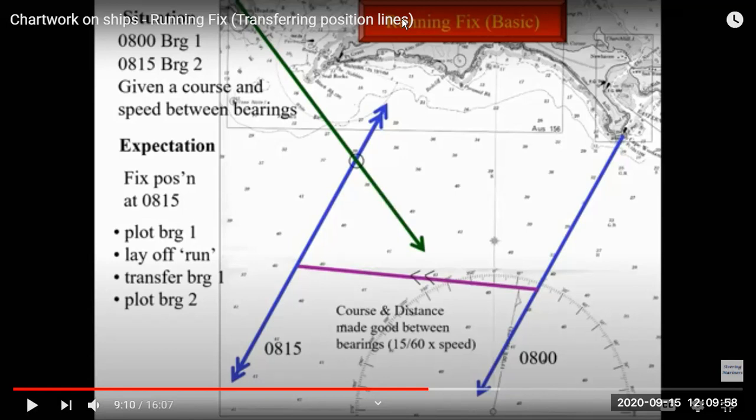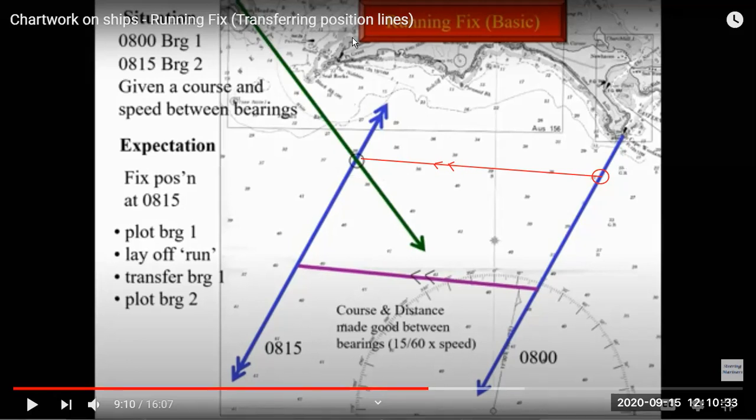If you want to see the initial position, you draw a parallel line, and this is your initial position at 0800. So the ship was here and it went on this course and distance, and at 0815 the ship took the second bearing.